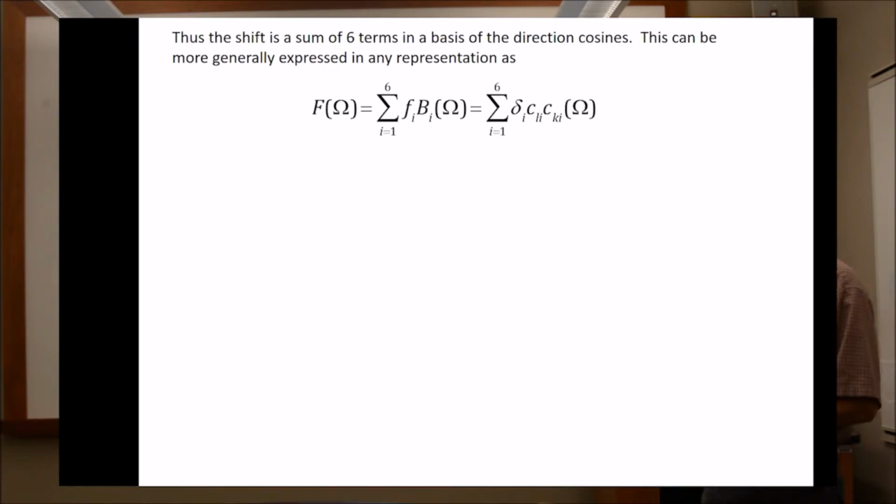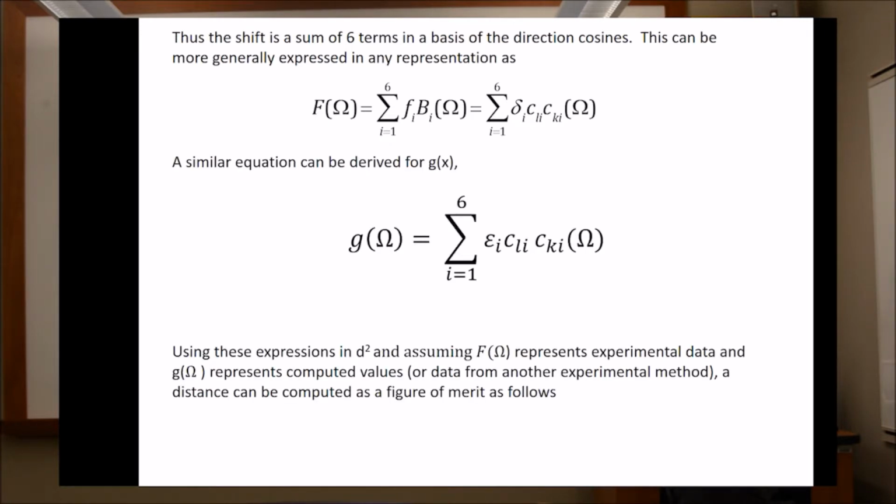We also have to have an expression for the other experimental method or the theory. And this is what we call g in the equation. And if we get a similar expression, but now call it epsilon rather than delta for the tensors that are derived from the different method or the theory, we can get all the terms we need to solve the expression for distance. And so, like I said, if we assume f is experimental data and g is computed values,